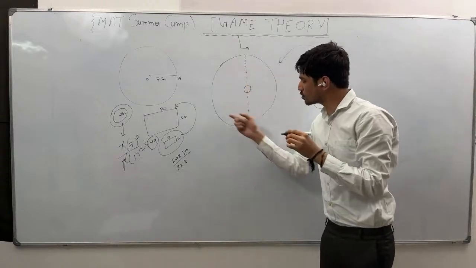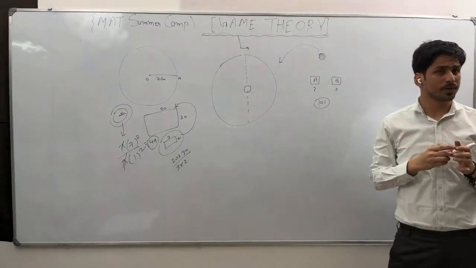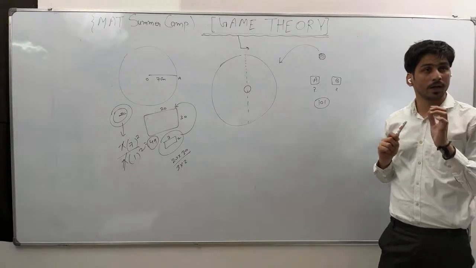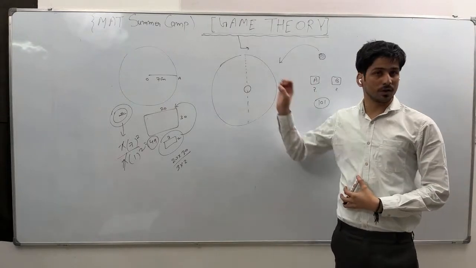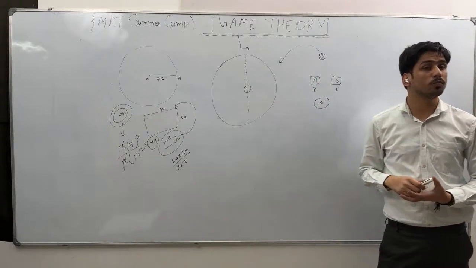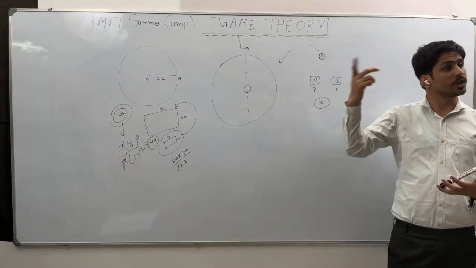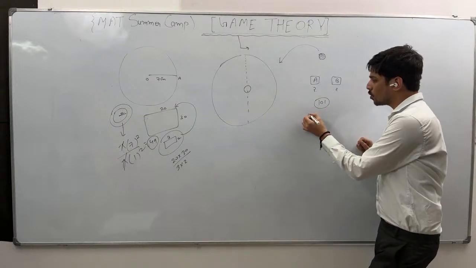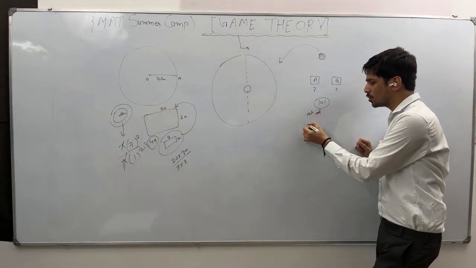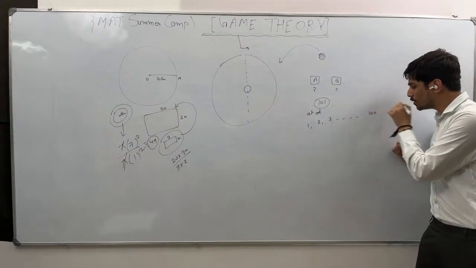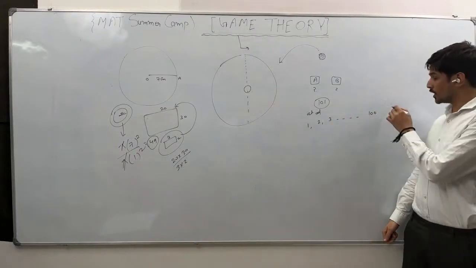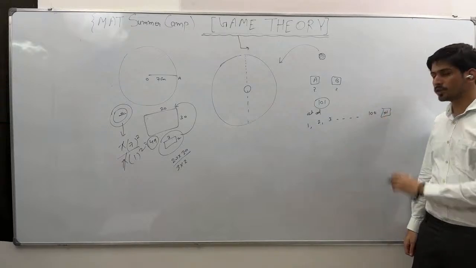Let's say inside this circle 101 coins can be placed without overlapping, but that is an odd number of coins, right? Let's say you are going first, then the first coin you put, then the next coin B will put, then C. It means you are putting coins an odd number of times, right? First coin you will put, then B will go, then 3 will go. Then who will put the 100th coin? B will put. Then A will put the 101st coin.